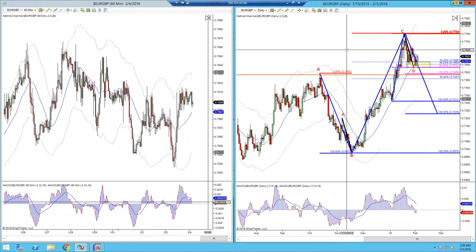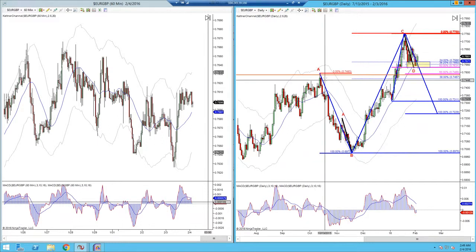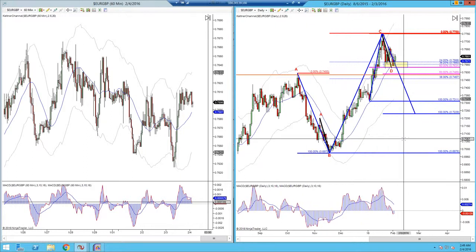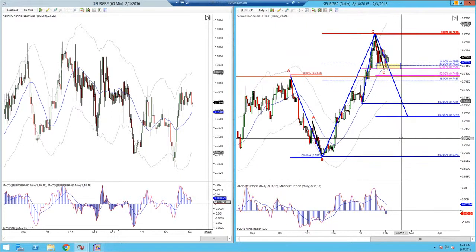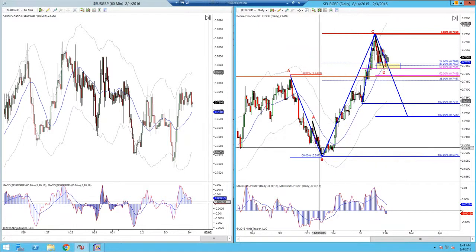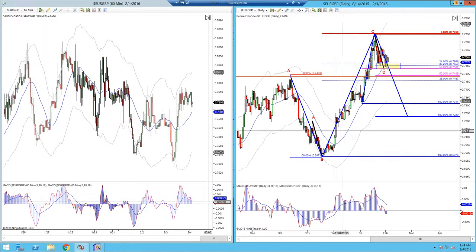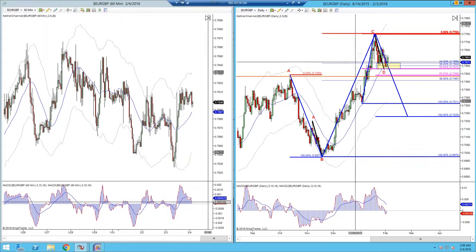So let me review what we did. We took the market high to market low. Don't worry about anything, guys. Okay, let's just start from the beginning. Price swing down A to B, price swing down C to D. Then we took the market low to market high, and we laid in a retracement level, 24%, looks like. Then we took the market low to market high, you laid in 38%,